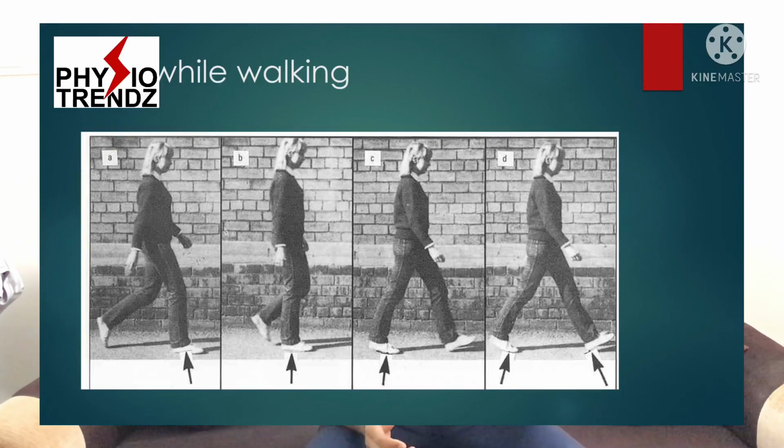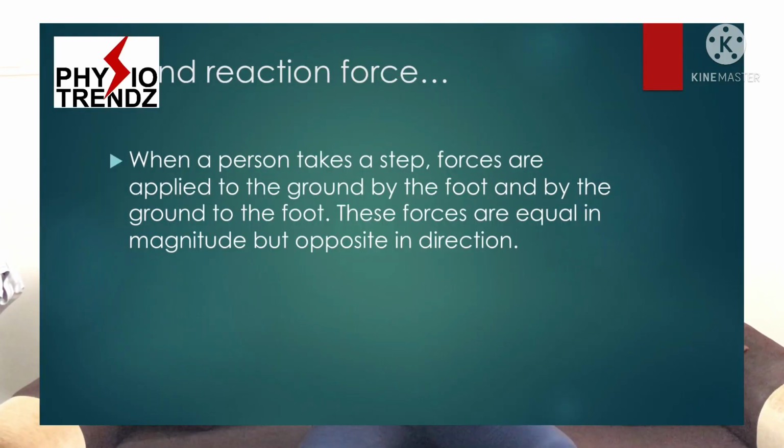Apart from this, the same forces you will notice as a ground reaction force on your body when a person is walking. What happens exactly is, in all the phases of the stance phase, according to the impact on the ground, an equal and opposite force is acting on your body, which we call the ground reaction force. As this will be an equal force, we can easily maintain our stance on the ground. If it increases or decreases, there will be a problem in walking for us.